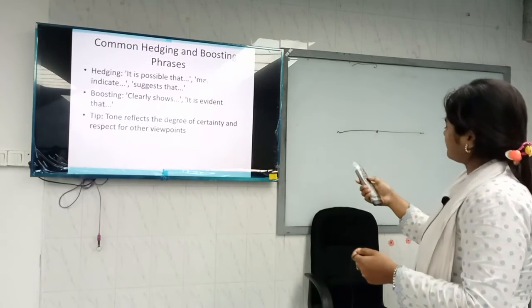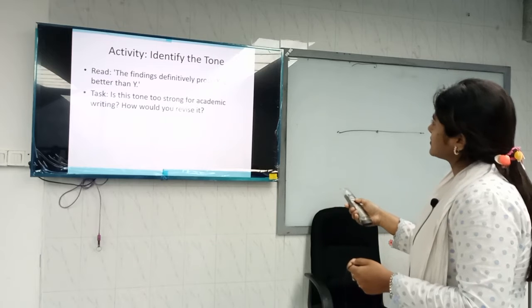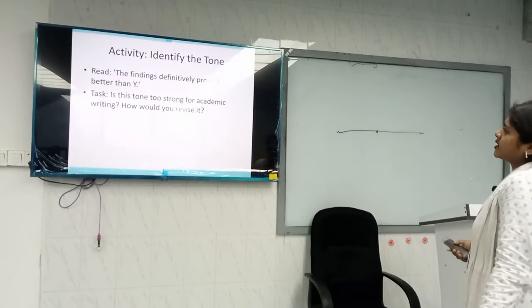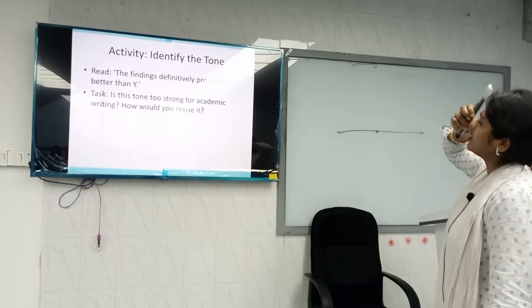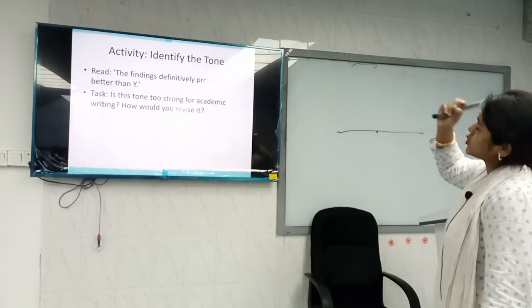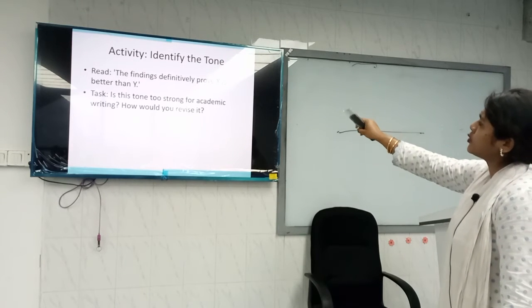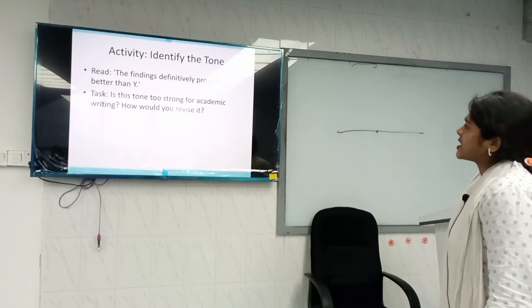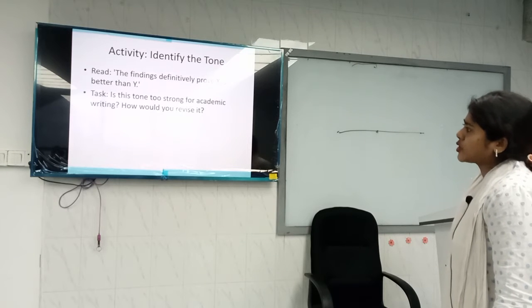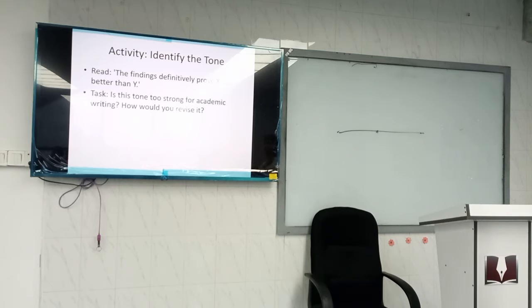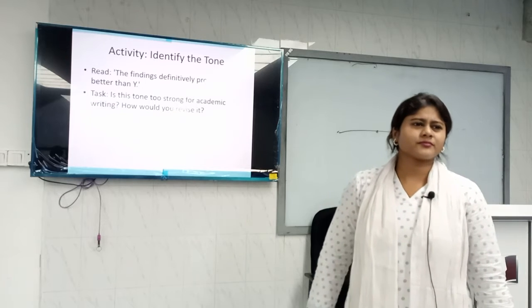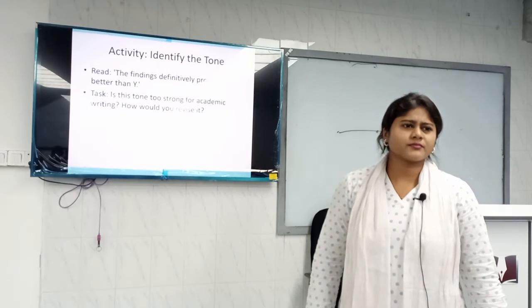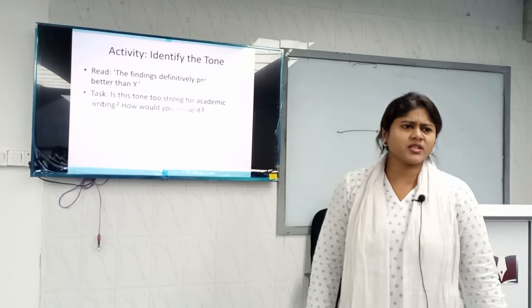See another one. Findings: there's a slight mistake here, it will be "definitely." So, "the findings definitely prove X is better than Y." Is this tone too strong for academic writing? Yes, ma'am. In an argumentative essay, what kind of words are used there? In argumentative writing, "in my opinion,"